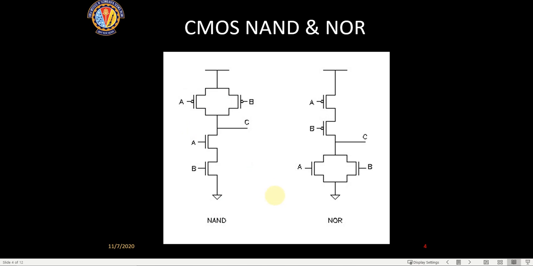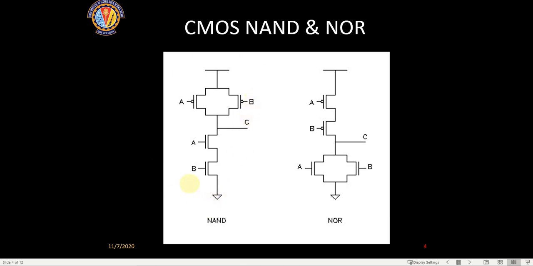In CMOS circuits, that is the biggest advantage. That is why CMOS technology grew from 180 nanometer. For the past 40 years CMOS has been ruling the VLSI industry. It started off with 180 nanometer, and now we are working on 7 nanometer CMOS technology, because in CMOS logic circuits VDD is never connected to the ground. That is the beauty of these kinds of circuits.